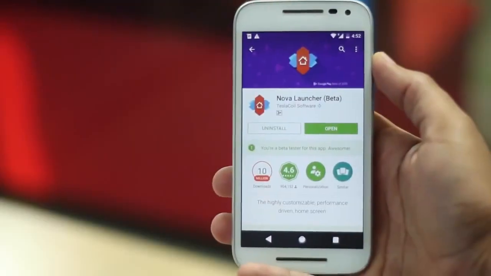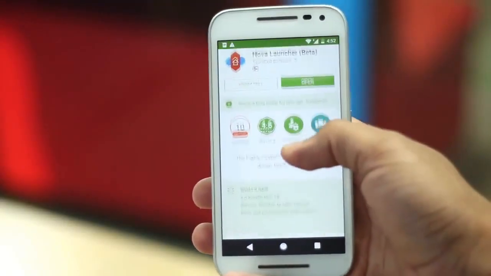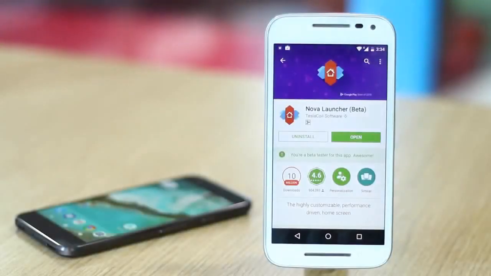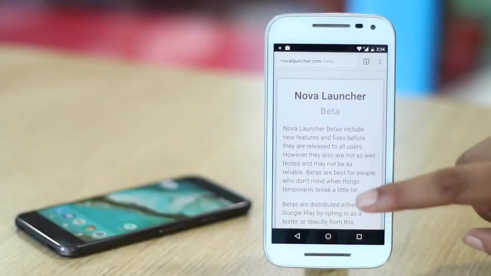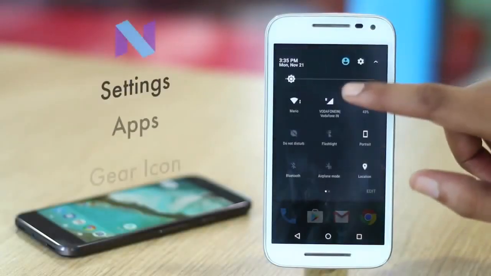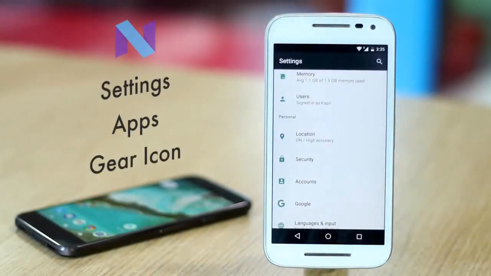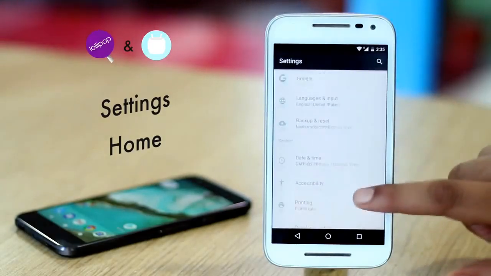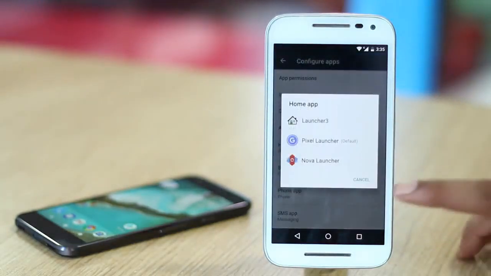Thankfully, there is an alternate solution. You can get the Pixel Launcher look with Nova Launcher. You will need Nova Launcher's latest beta version for this, along with the Prime version. And you can find the links to enroll to Nova Launcher beta or download the APK file in the description below. Once you install Nova Launcher beta, set it as your default home screen. Then head to Nova Settings.